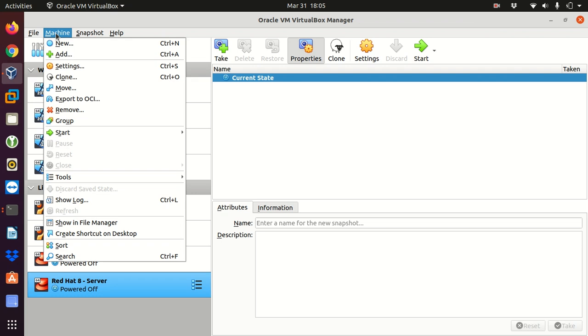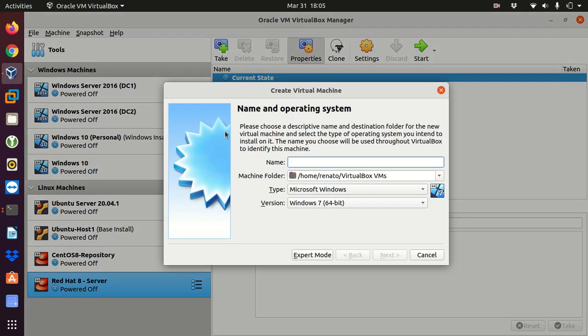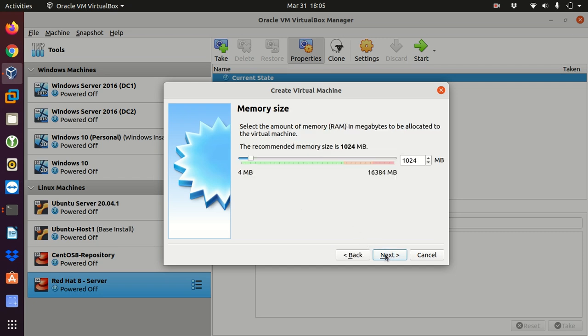So I'm going to go to Machine, New. I'm going to choose a name for it, CentOS 8 Server. I'll keep my machine folder, my default folder, type Linux, and we can keep the version Red Hat because it's based on Red Hat. Next,